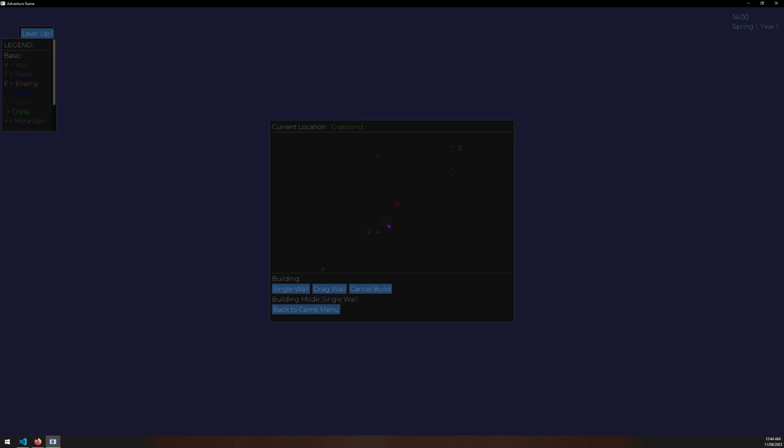At the moment there is building, and funnily enough you can just drag walls. Enemies can, funnily enough, walk through trees. You can also drag, so you should be able to click and drag, but I haven't really figured out properly how to do that. It just drags off the mouse.